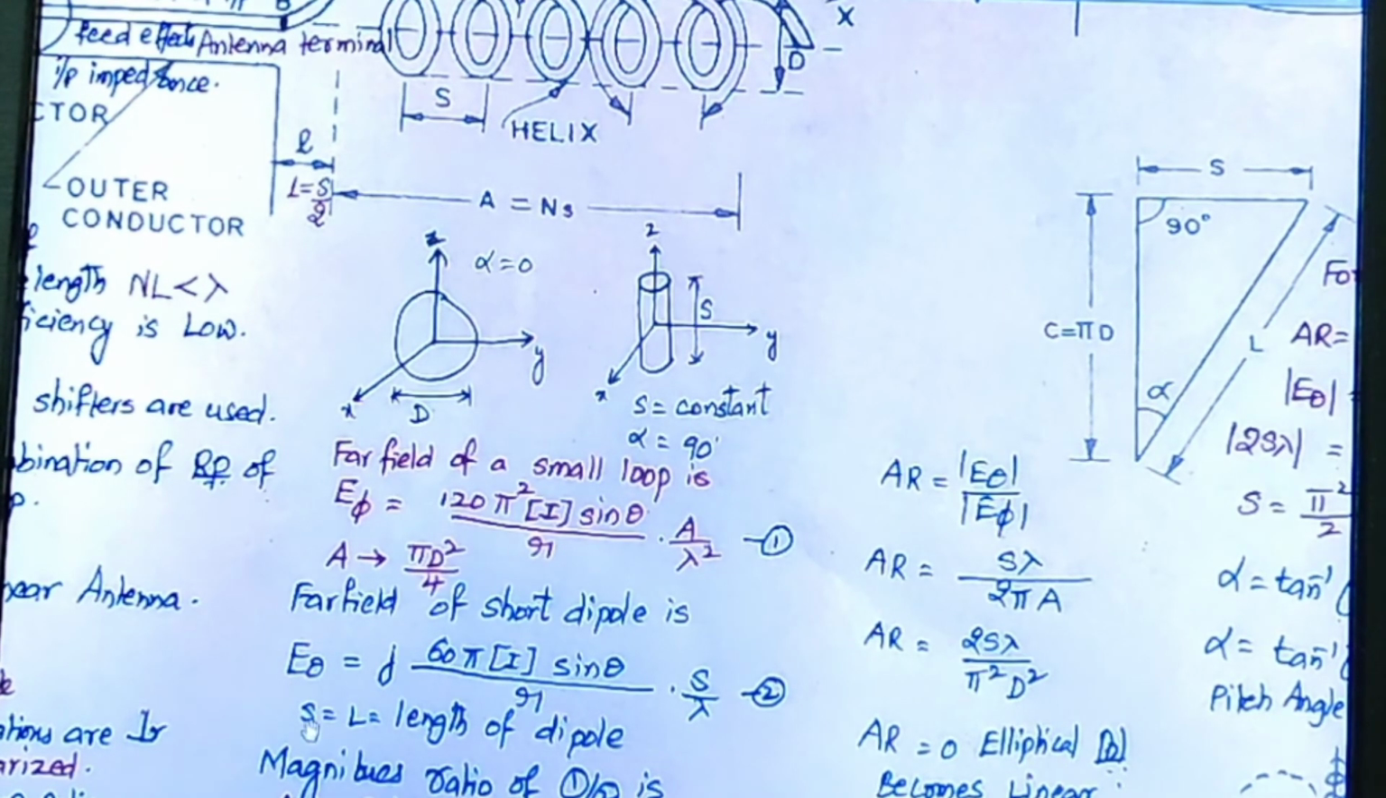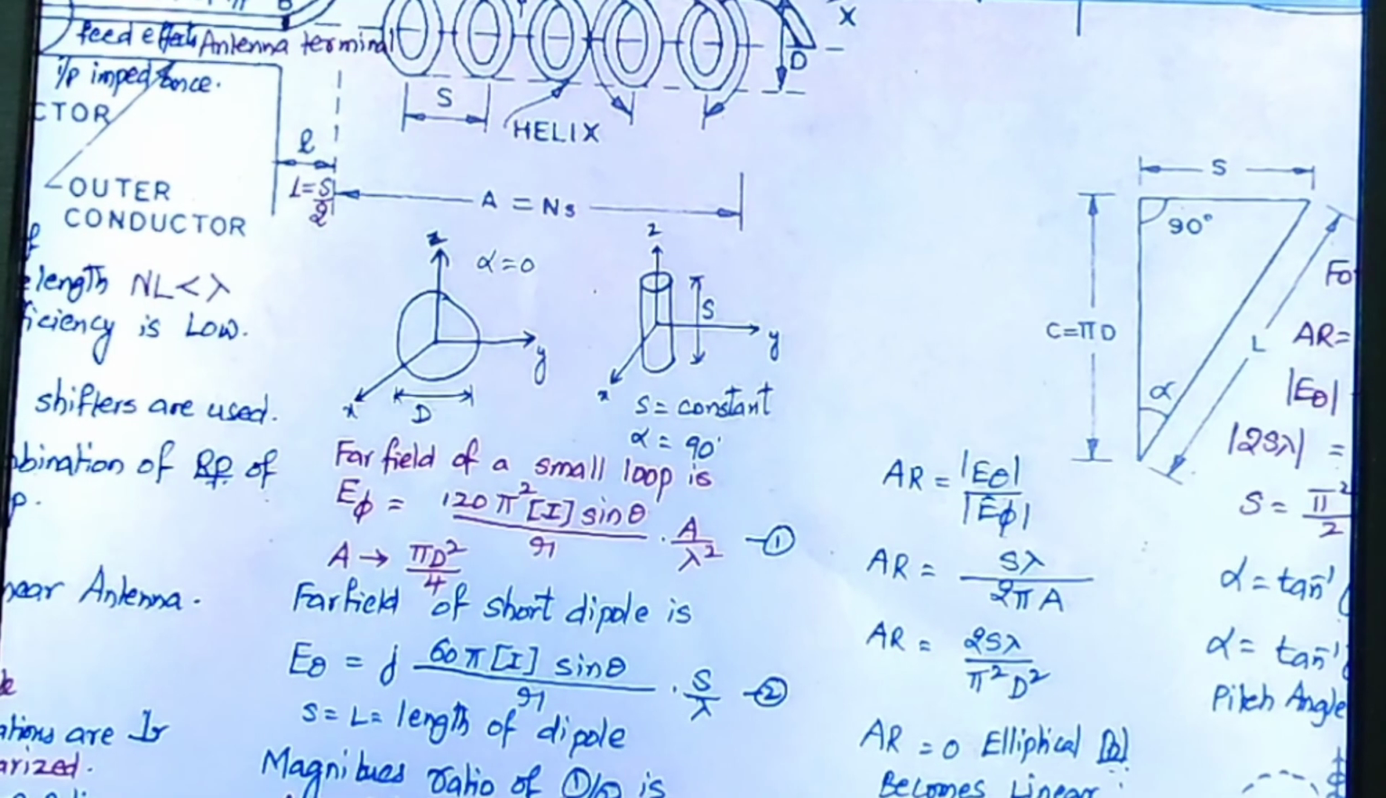Now, if S is equal to L, what are S and L? S is the spacing between one turn and another turn. L is the length of the dipole. That is, S is equal to L, which is the length of the dipole. Now, the magnitude ratio of 1 and 2. The first equation is the field strength of a small loop antenna. The second equation is the field strength of a dipole antenna. The ratio of these two